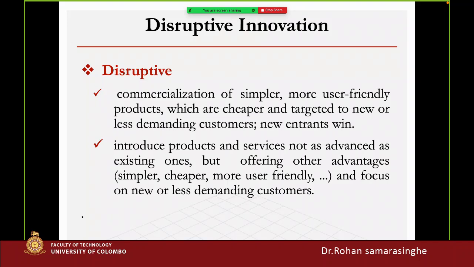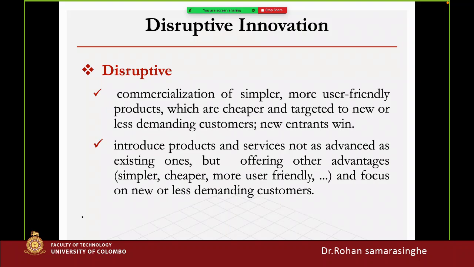I think you have gone to the discounted shops. In discounted shops, you can't find the brand, but you can get the items that you want, to fulfill a certain task that you expect, but you can't find the brand name. So the sustained product always has the high brand name, and disruptive products you can't find those. And when you analyze the disruptive products or the sustained products, the early stage of the sustained product is the disruptive, and